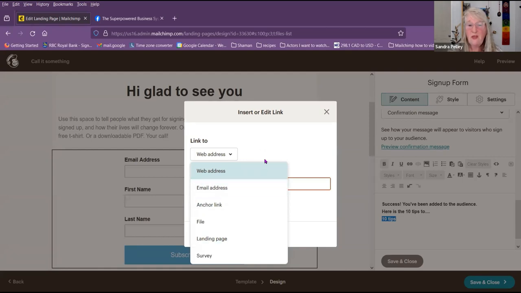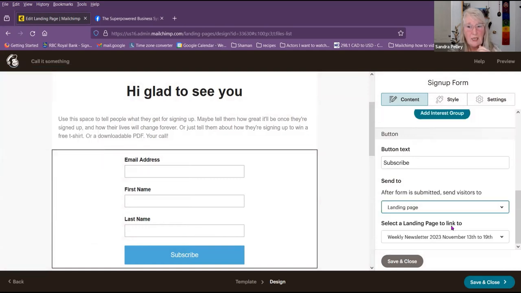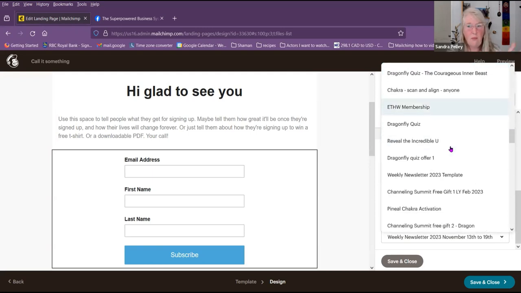This is the different things that you can put onto there and send them over there instead. So you can double step it, meaning that, remember, I'm just going to close this. Remember, I said here at this confirmation message, you can go to a landing page right here. If you have landing pages created in your Mailchimp, this is where you would find them. And you would just scroll through the multiple ones that you have, or the one or two that you have,